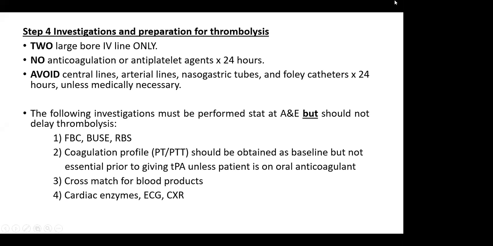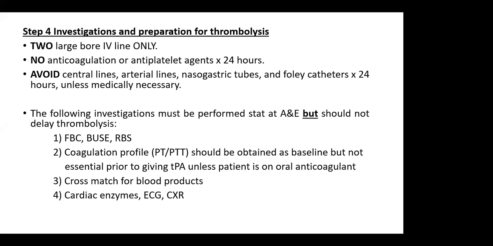We should avoid any central lines, arterial lines, NG tubes or Foley catheters in the next 24 hours unless truly indicated. At point of contact, the patient would have all bloods done, for example the full blood count, the RP, LFTs, and also a random blood sugar. The INR is important if the patient is previously on any anticoagulation. Otherwise, it's not really that important. We should technically cross-match for any blood products in anticipation of any hemorrhage, and a baseline ECG and chest X-ray